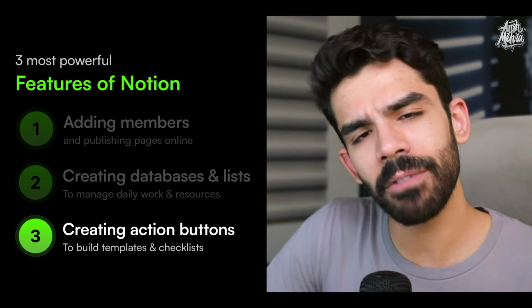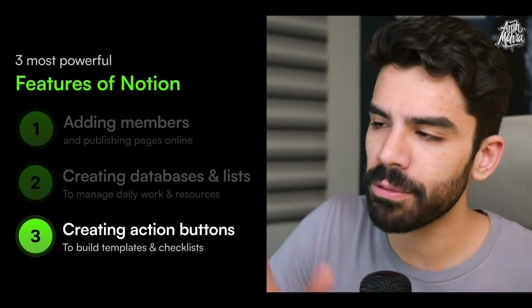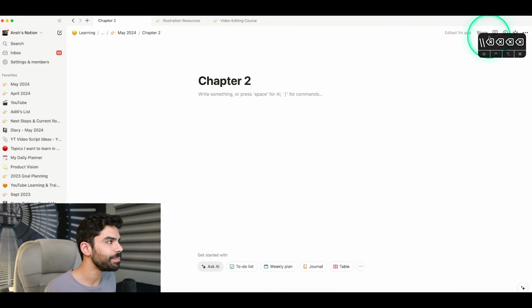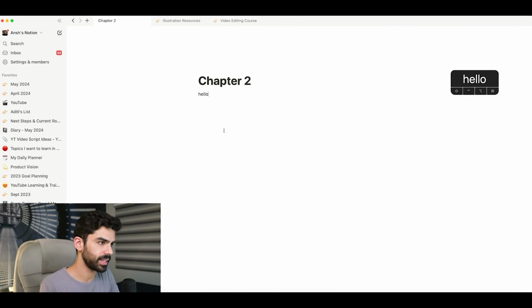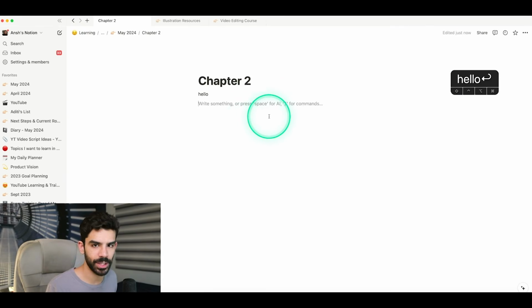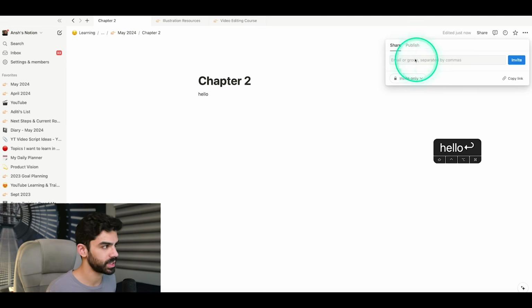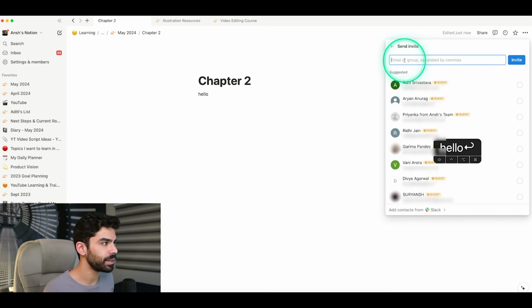All 3 features are available on both phone and desktop, but for now I will show you how they work on the computer. First of all, if you create any page, let's just say I create this content saying hello, and I want to share this page to anyone. I have to go to the top right corner, and here we have 2 options. One is share, where I can invite my own team members, so I can select Aditi, and as soon as